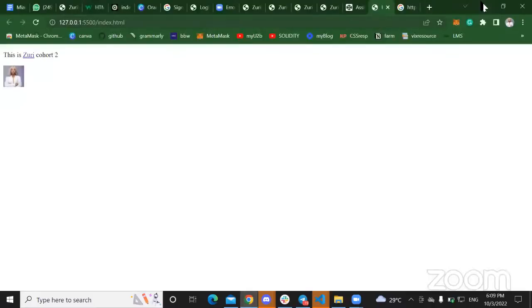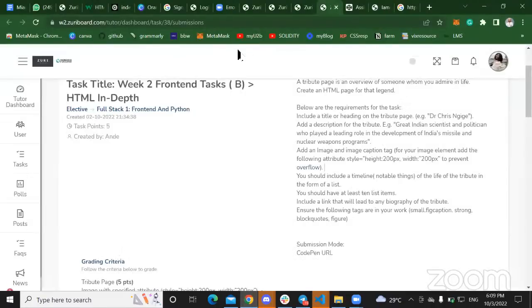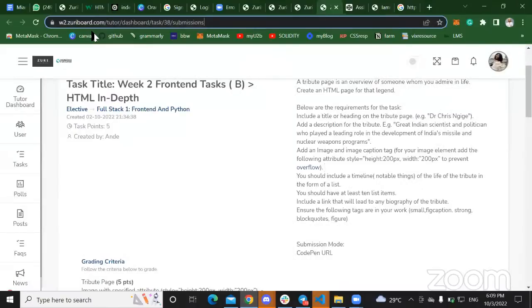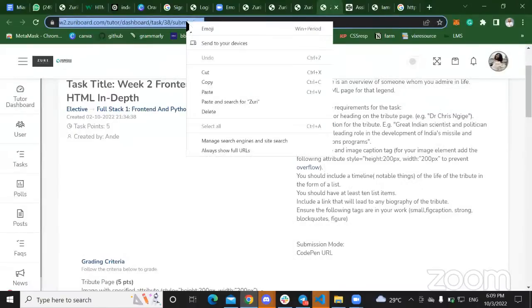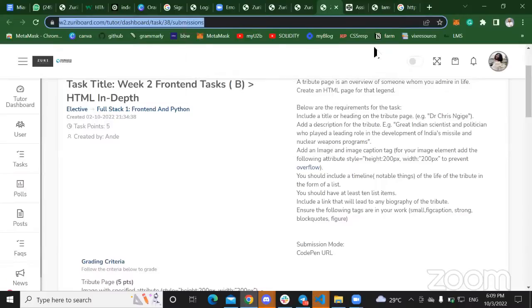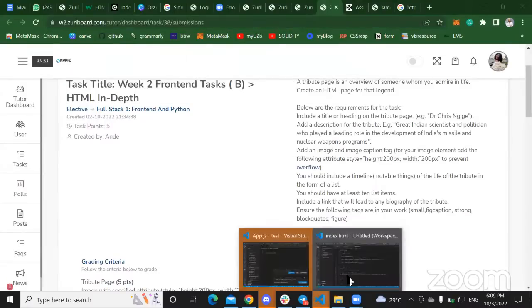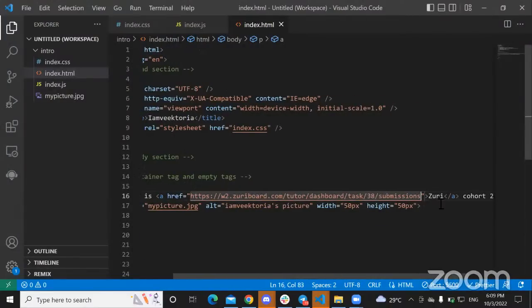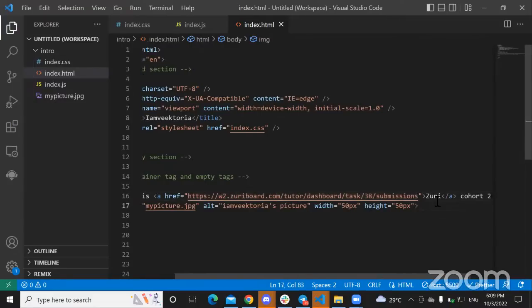So I'm just going to use the Zuri website. I'm going to copy the Zuri website here. What I'm doing, Ctrl+C, is copy. So when I copy that, I come here, then I put in the href there, right? I put in that. What this will do now is make Zuri a link. It will make Zuri a link. So when I go to the live server now,